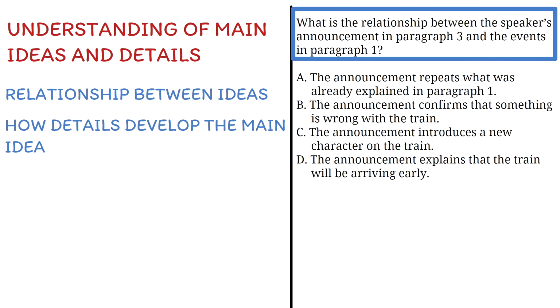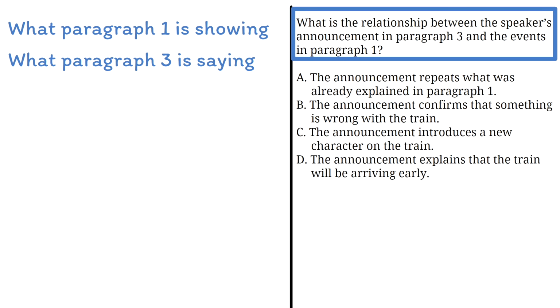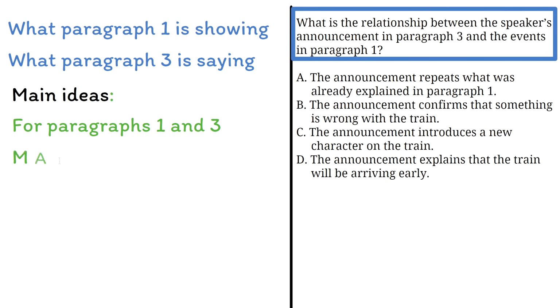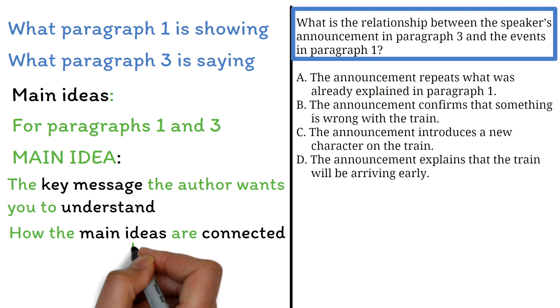What is the relationship between the speaker's announcement in paragraph 3 and the events in paragraph 1? To answer this, we need to understand what paragraph 1 is showing and what paragraph 3 is saying. That means identifying the main ideas in each paragraph. Now, a main idea is the key message the author wants you to understand in a paragraph or passage. So once we know the main ideas, we can see how they are connected,